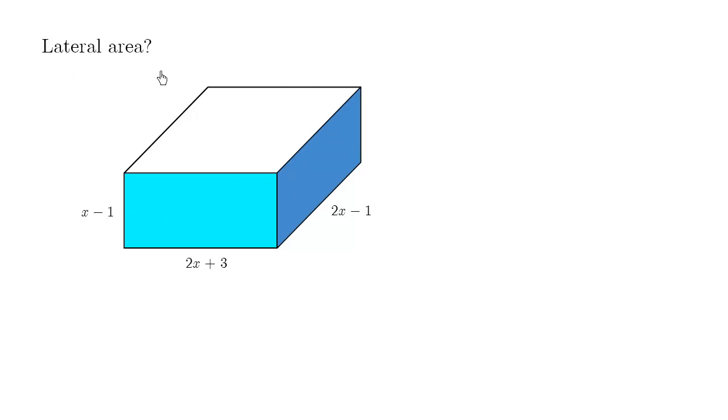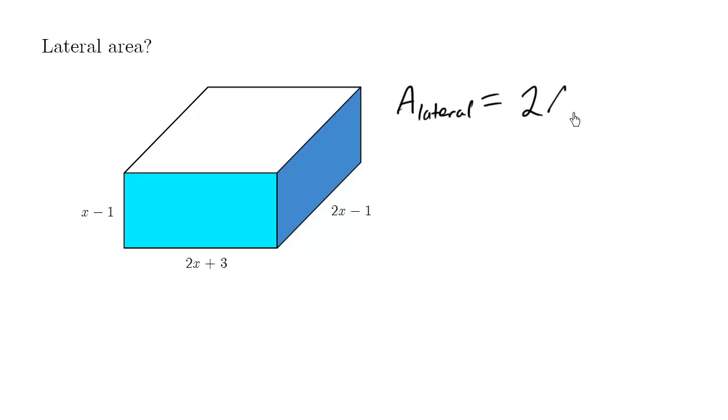Lateral means sides only. How do we find the lateral areas? We need to add up these four parts. We have the front, left, right, and the back parts. So let's set up the nice formula here. Area of the lateral equals